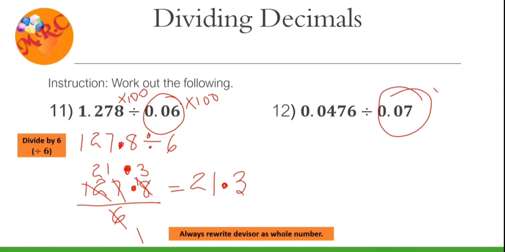And we're also going to multiply the 0.047 here by 100. Anything I multiply my divisor by, I multiply my dividend by it. So now this will give me